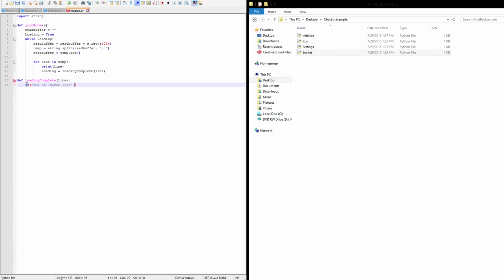So what we're going to do is we're going to say, if this string is found in the line, and by the way, I didn't explain this very well. Essentially, this line that we're checking from temporary is essentially the lines that Twitch is sending to us. So we're going line by line and reading what Twitch is sending to us, if that makes sense to you. And so the loading complete is saying, okay, if the line that we're receiving from Twitch contains the characters end of names list, so we do if end of names list is in the line,